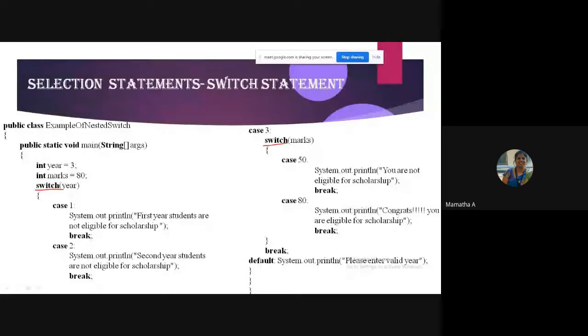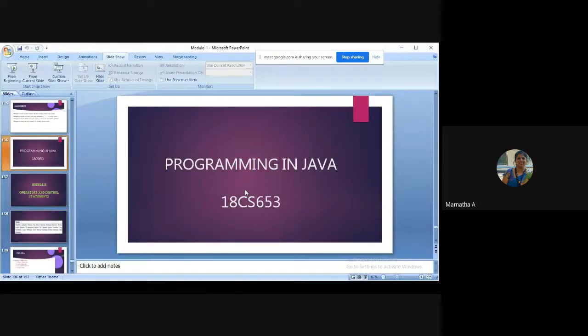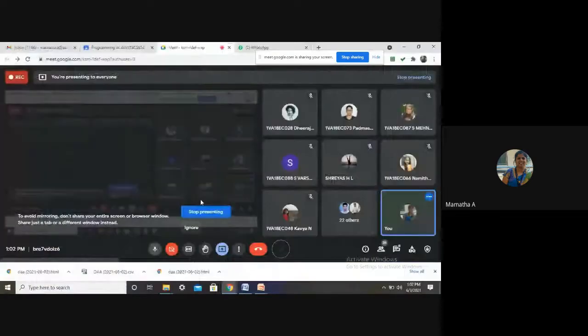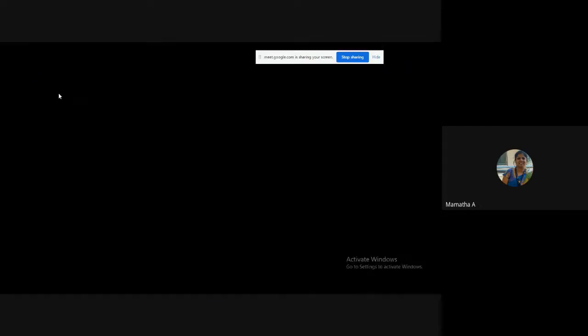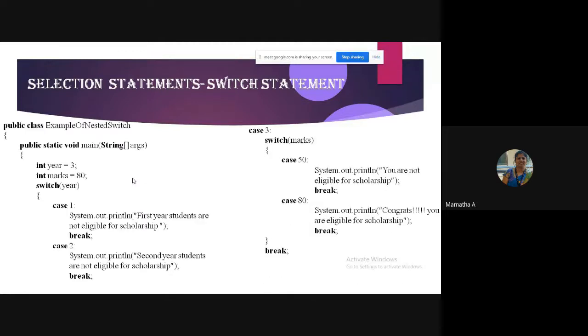Students, could you analyze the program? Are you able to? Are you all there? Yes, ma'am. Tell me, the outer switch is doing what? Checking for what?